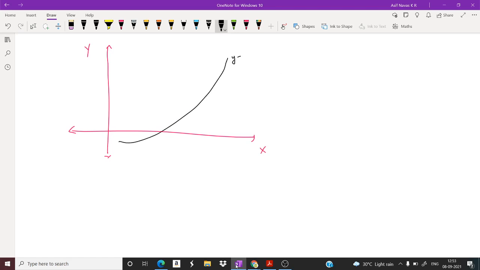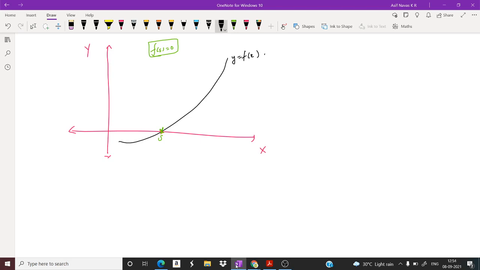Suppose this is y equal to f of x function. Now I want to find this. That means this is the solution s, f of s equal to 0, and we don't know what s is. So we want an approximated value for s. For that, what we will do is